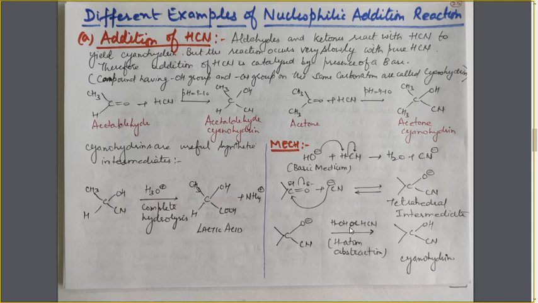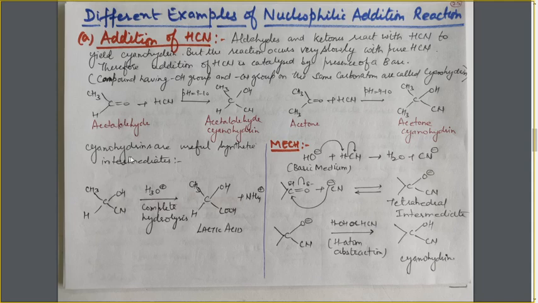So here I am telling you that the basic medium is taken only to catalyze the reaction, only to initiate the reaction. When the reaction gets started, there is no need of further OH negative ion, because once the reaction is initiated, it will maintain the OH negative ion or CN negative ion concentration in the reaction. Because in this last step, the H atom abstraction from the water molecule or from the HCN will help in maintaining the OH negative ion or CN negative ion concentration in the reaction.